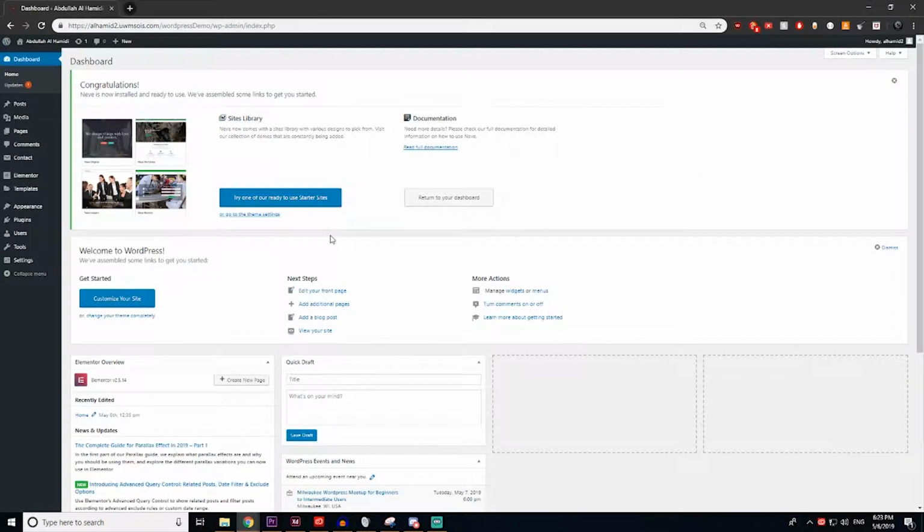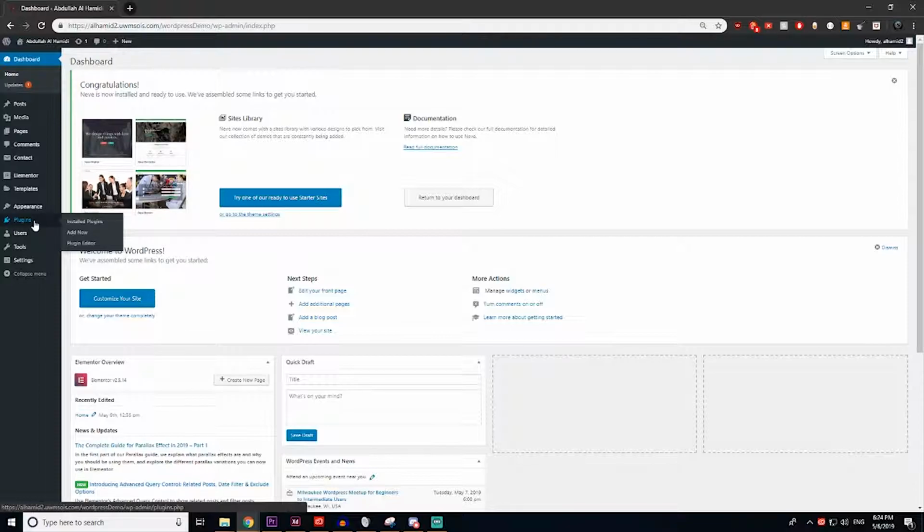Alright guys, so now we're in the process of adding plugins to our website. Plugins are really helpful when you're setting up WordPress, and they can add a lot of value to your website. So what you want to do to add a WordPress plugin is, when you're on the dashboard, you hover over